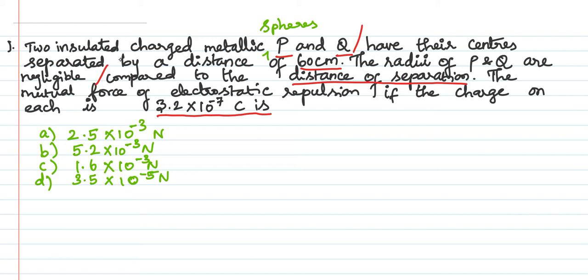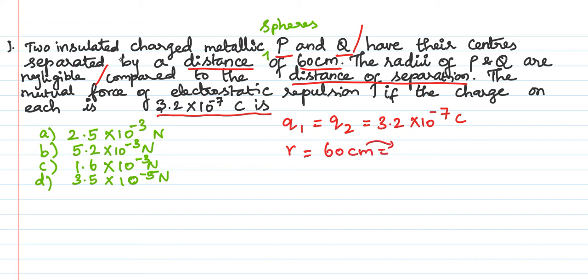Okay. So first, what is given that we need to write for our understanding. So is it having the same charges for two spheres? Yes. So we can proceed in that way. So let us begin. Q1 as well as Q2 both are having how much charge? 3.2 into 10 to the power of minus 7 coulomb. Okay. So what about the distance? So distance we are checking, it is R is equal to 60 centimeter.